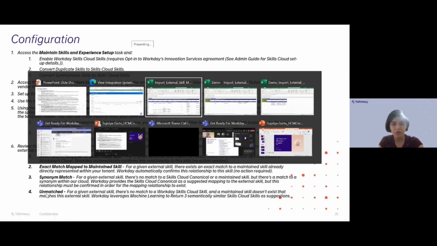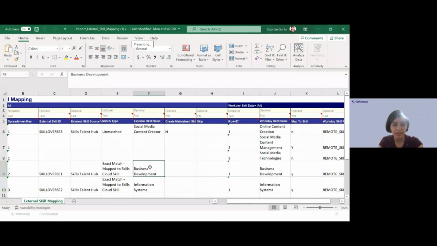So if we go back here, we can see that this is the match type values that I was talking about. So for these 2 skills, Workday has found exact match mapped to the skills cloud skill. But for this one, this has been unmatched. So if there is an exact match to the skills cloud skill or with the maintained skill, there is no action required. But if it's unmatched or if it's a synonym match, then you may need to take an action